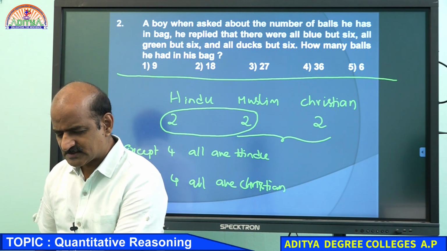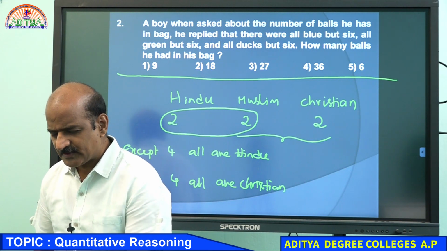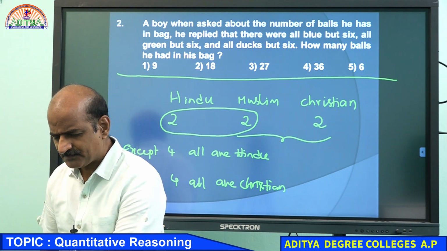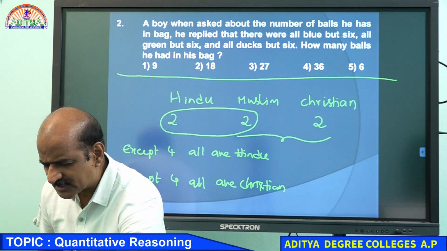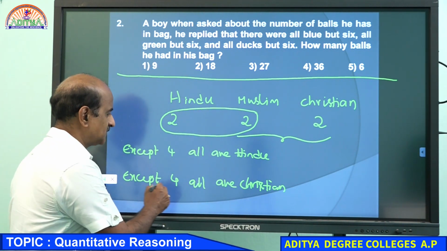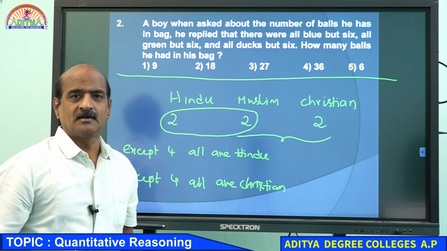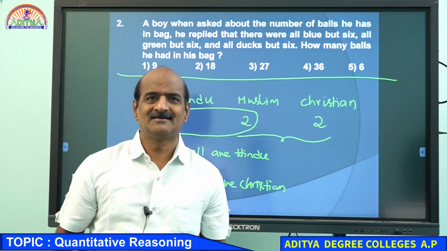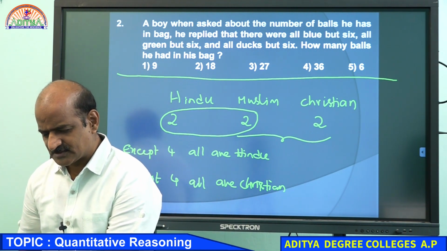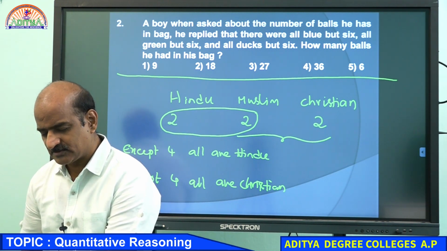Students, you say you are absolutely clear. Please come again to this question and respond to it. Yes, statement 1 is right. Of course, statement 2 is also right, because if you say except for these, all are Christians, you are ignoring these 4 and all the remaining are Christians. I hope you understand that.